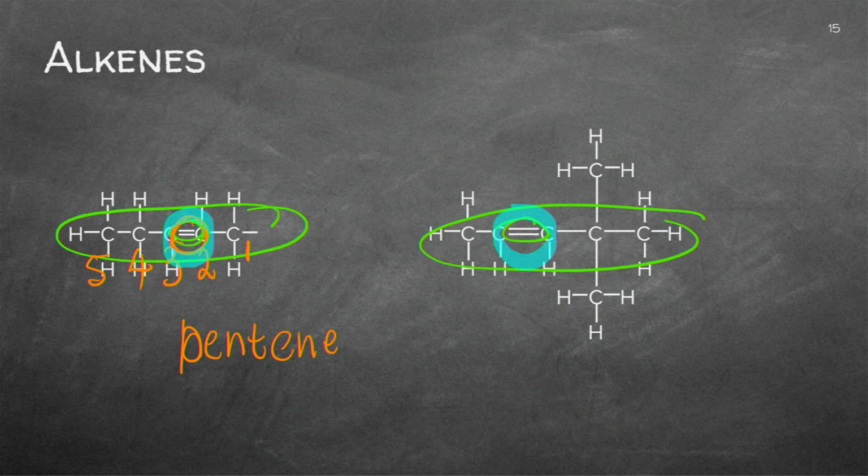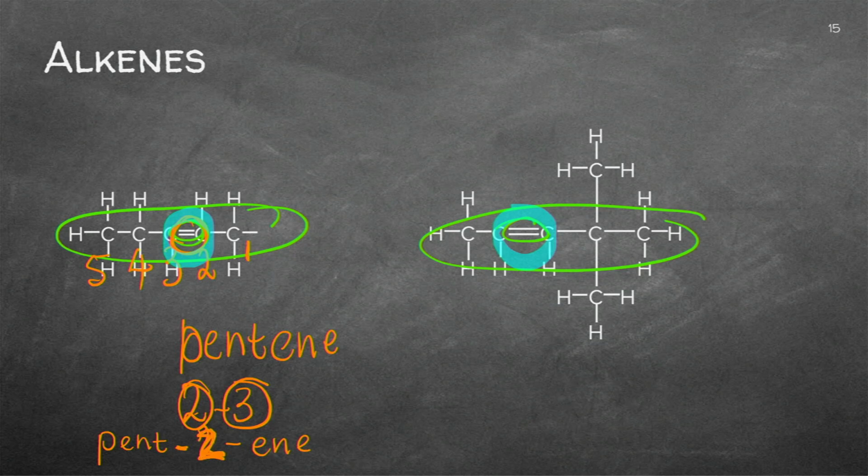Double bond. Where's the double bond? Between the second and the third. So the smallest of these two will get put into the name. So it will be pent-2-ene. Because 2 is the smaller one between 2 and 3, it will be 2-ene. And you'll be able to find the double bond if you know that that's the smaller one.